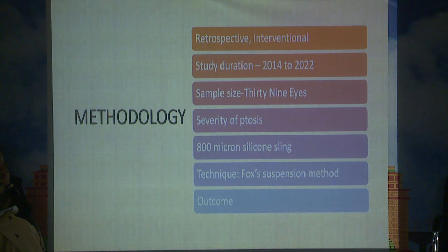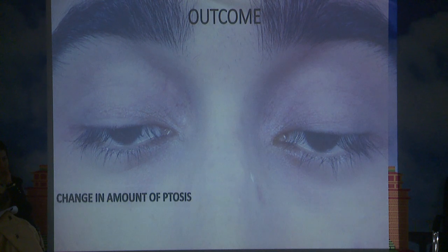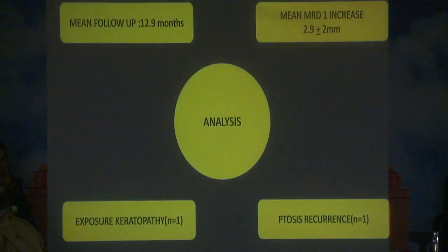The technique we followed was a Fox suspension method, and the outcomes were two primary ones, which included: one is the change in the amount of ptosis, and second, in terms of the ocular surface integrity, analyzing the exposure of the corneal surface. The mean follow-up was 12.9 months, and all patients had clearance of visual axis with